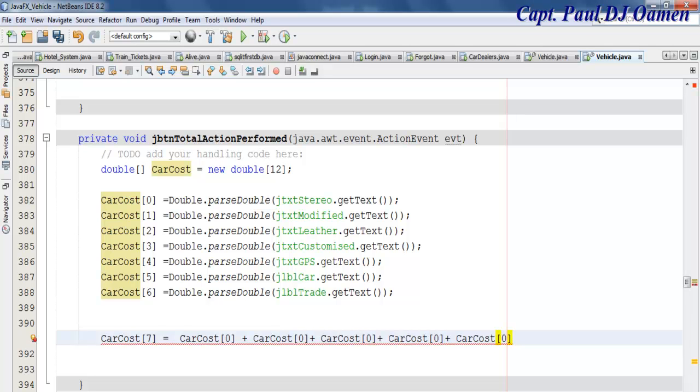okay, that's 0, 1, 2, 3, 4, 5, and one more. So that's 5, 6. So that is everything here added into here. Okay, now